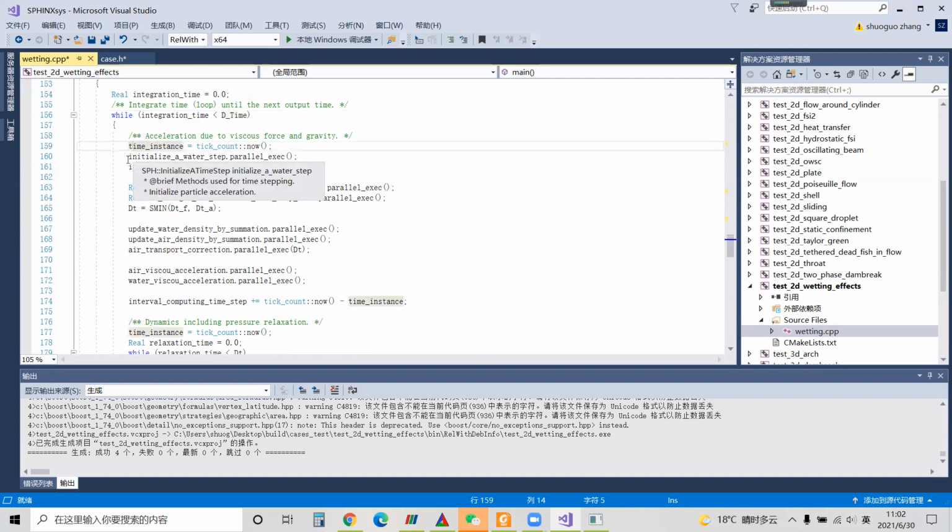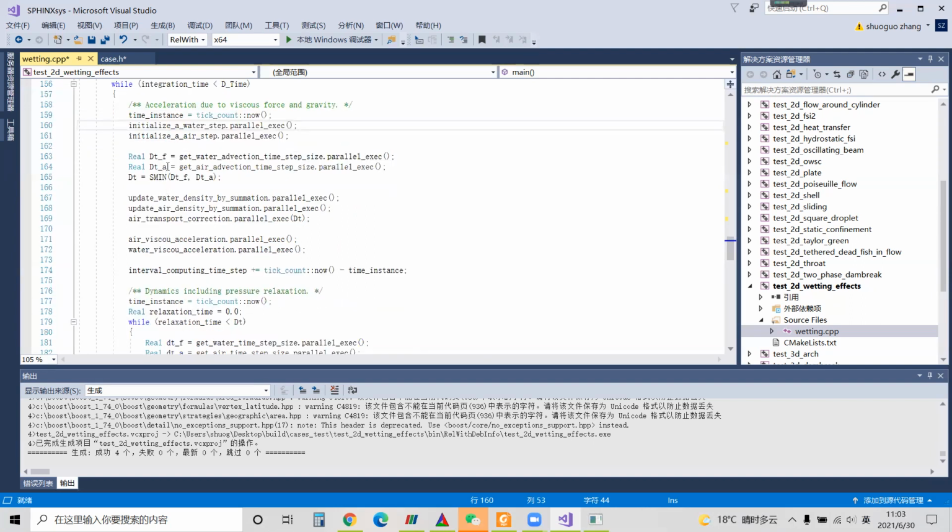Firstly, we initialized our time step, and then we calculated the advection time step, and here we choose the minimized value to calculate the other physical information later. Here we update the density, and then we